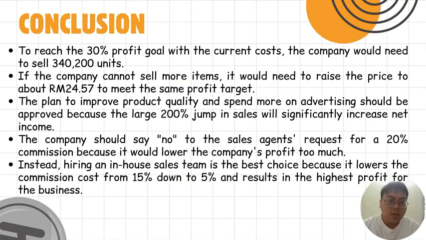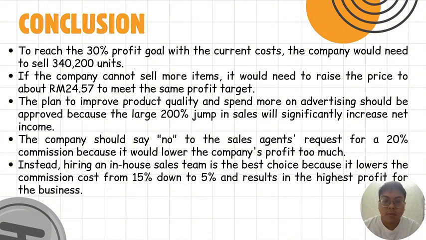Through this study, we have found some special insights that could help Golden Crush Sdn Bhd understand how to use CVP analysis for better decision making. The first insight is that to reach the 30% profit goal with the current costs, the company would need to sell